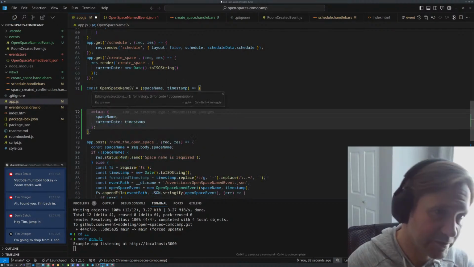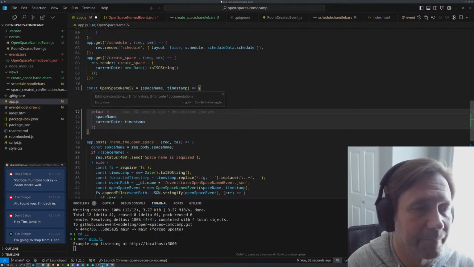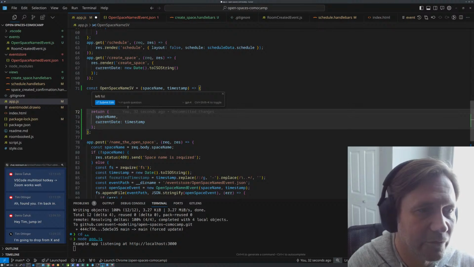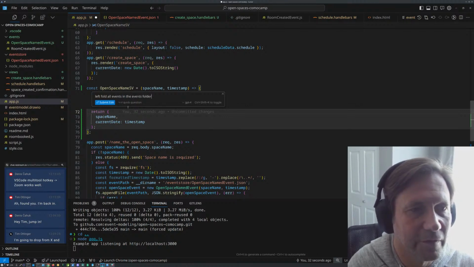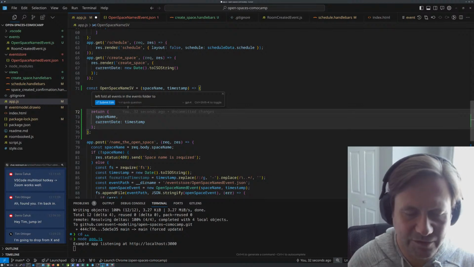So let's just see. Control K. Left fold all events in the events folder. I should say reduce because it's JavaScript.